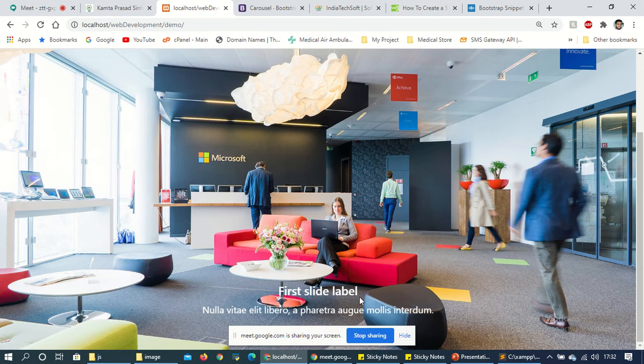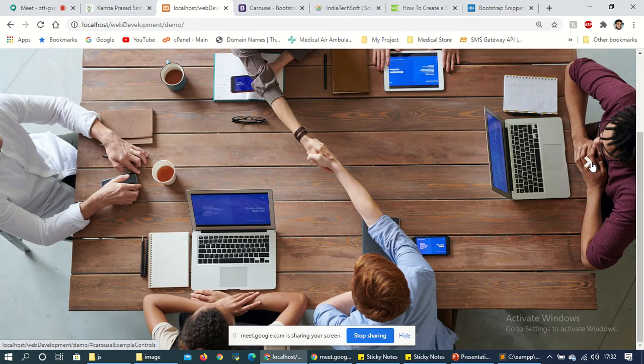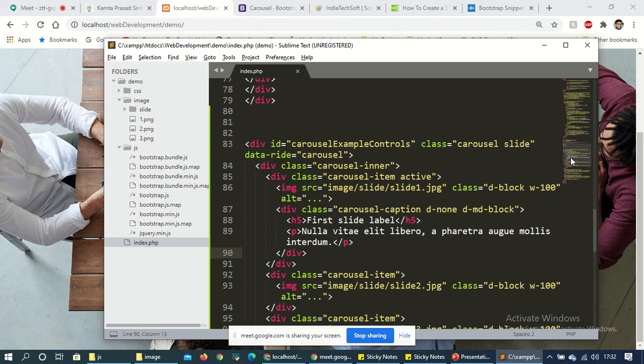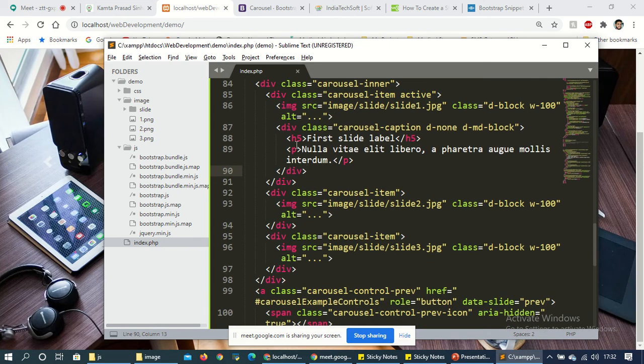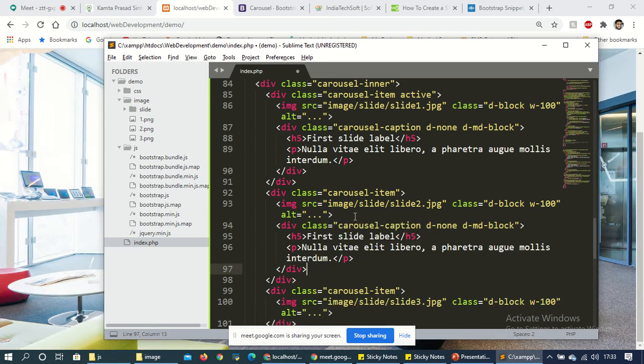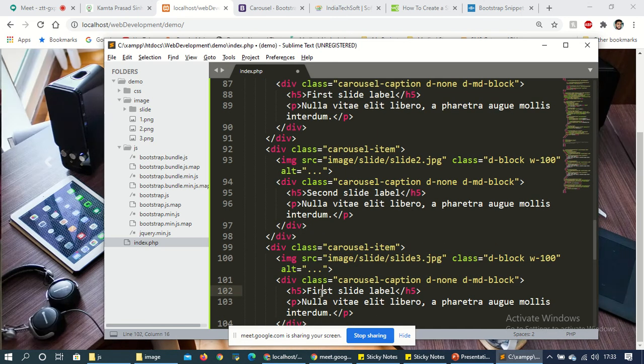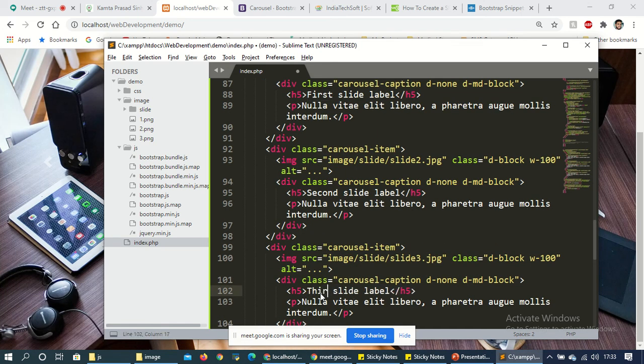See, first slide. If you click here, you'll get the, here I haven't given any code. The code is the same, just little bit changes. Sometimes somewhere a paragraph is given or somewhere not. And after this, same code you can also give after this one. So this is the second slide, and after this image you can upload the third slide. So here third slide.